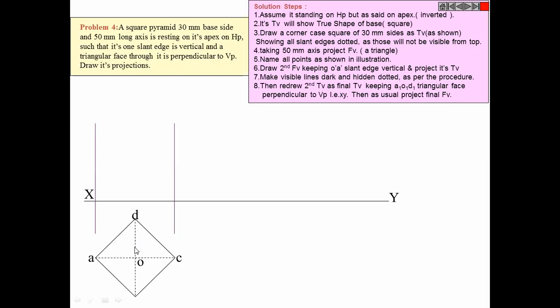Yes, sir. Yeah. Now we will draw its projection. Okay, it is like this. Got it? Now, will you have any dotted line in this front view? You are seeing it from this side.